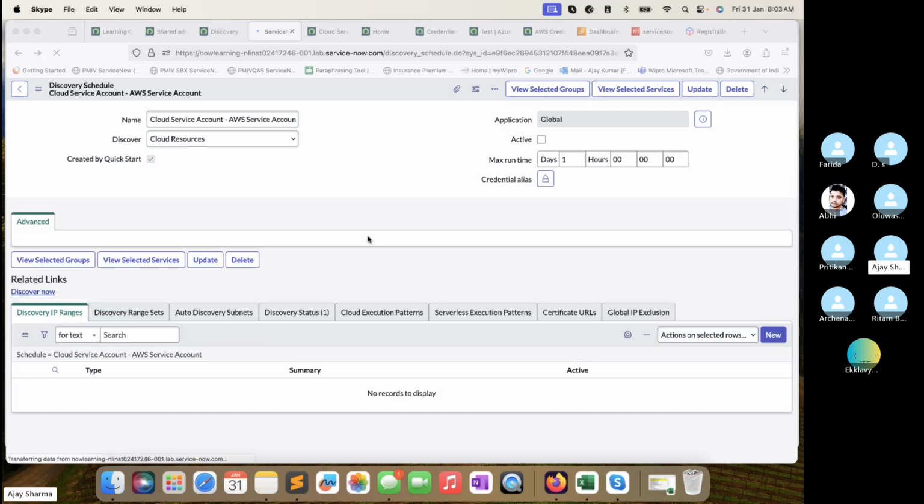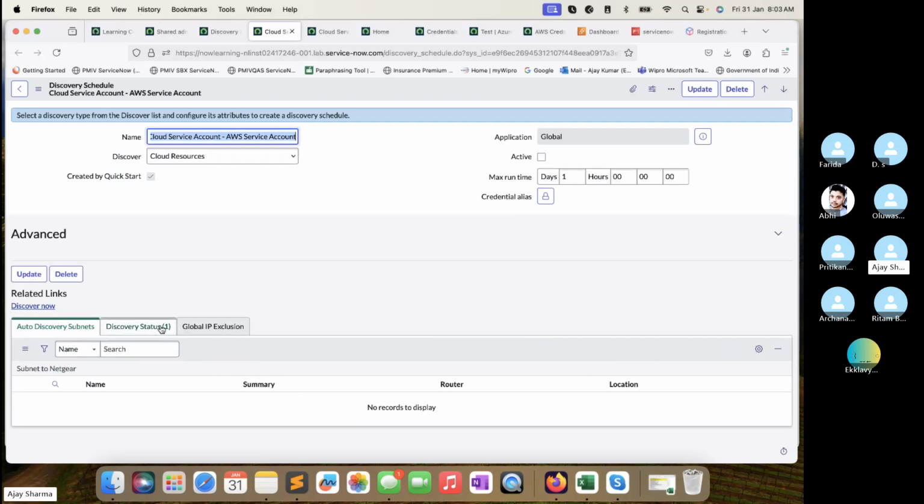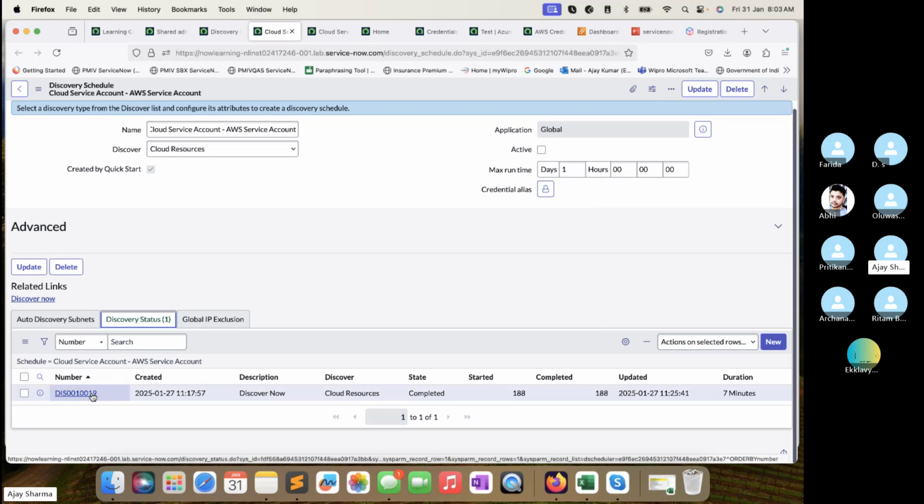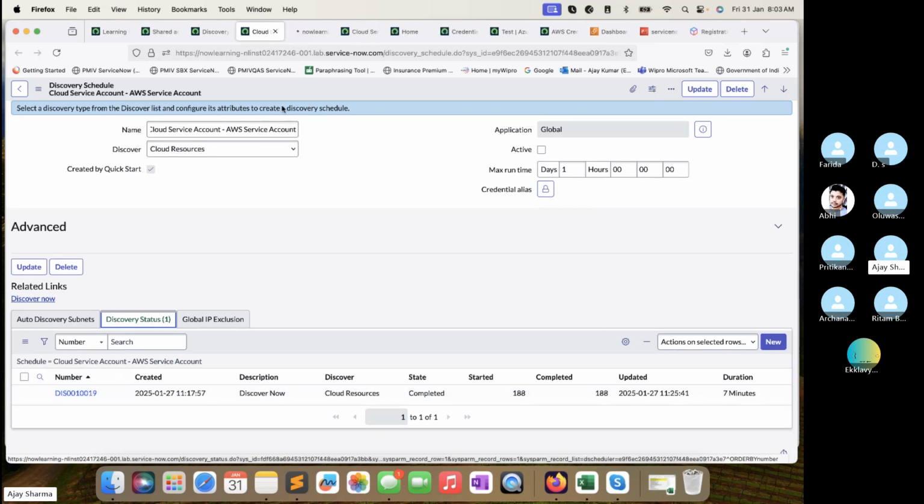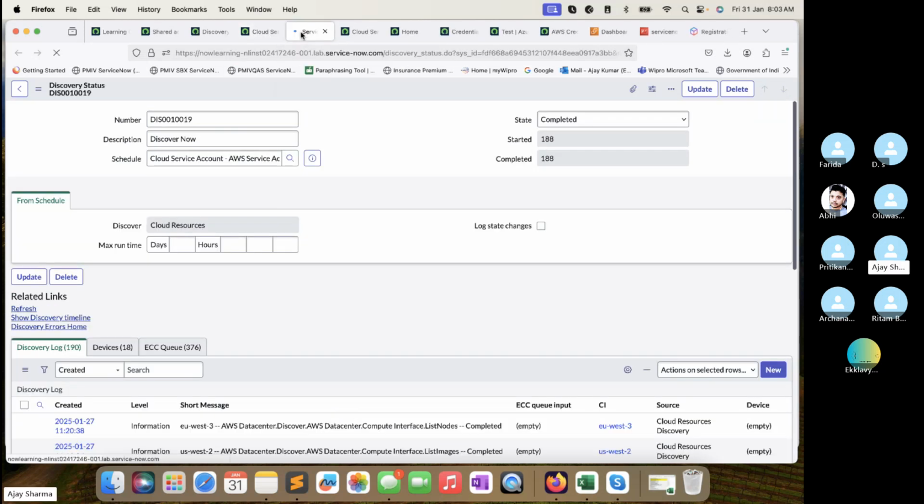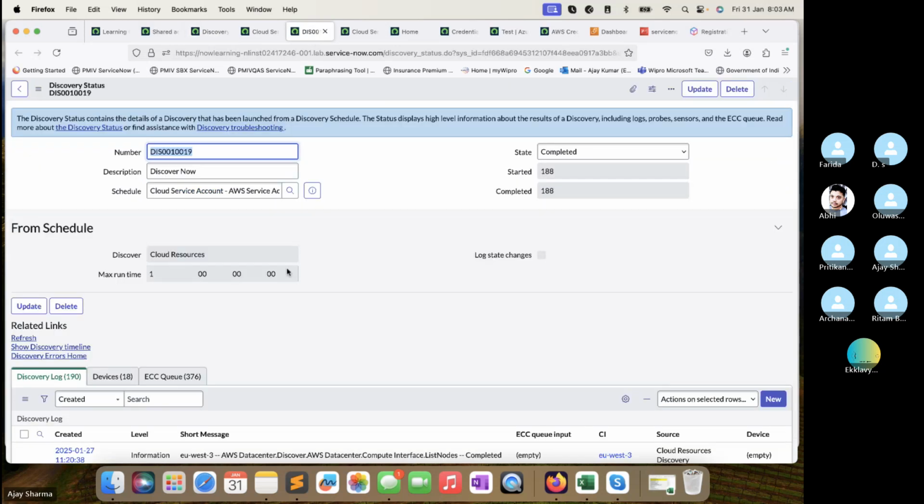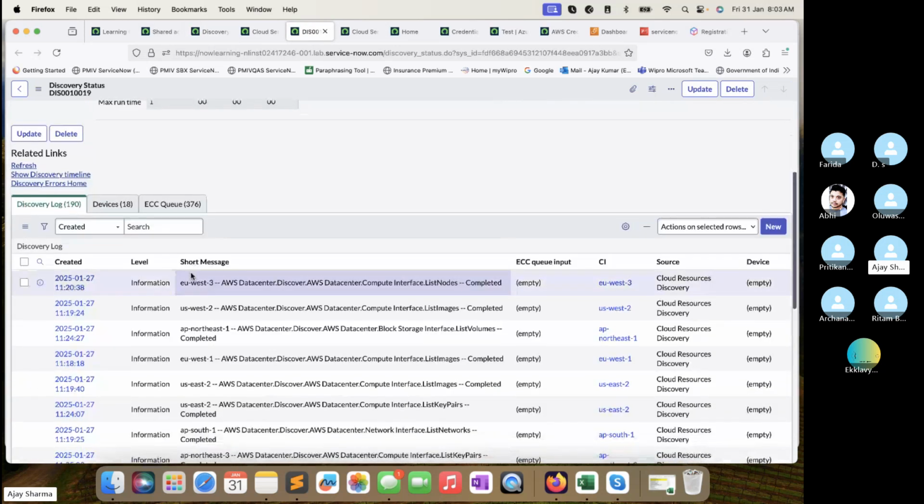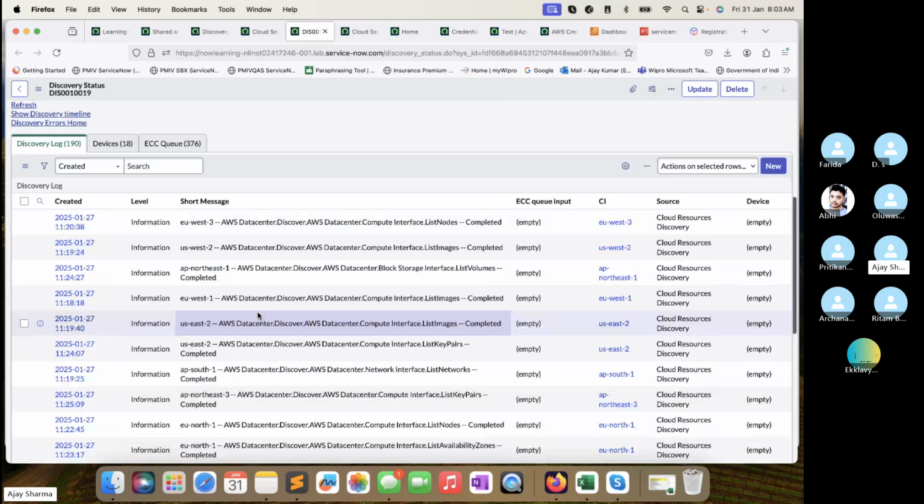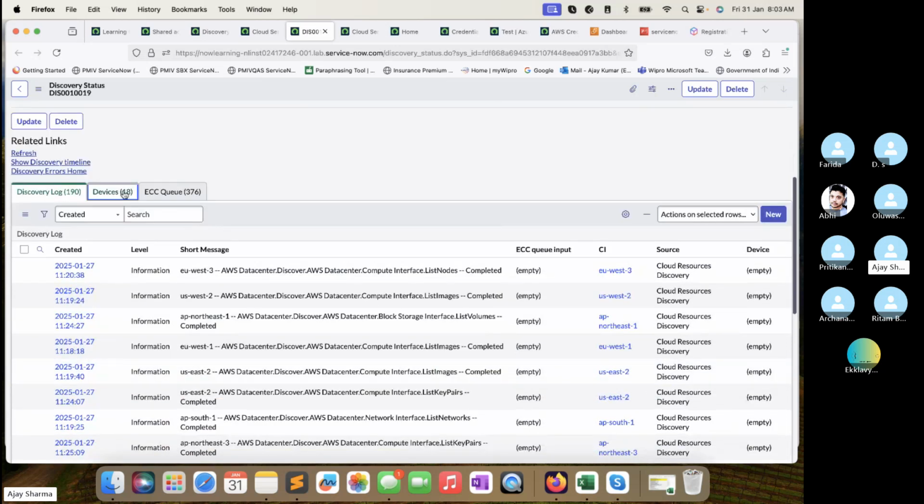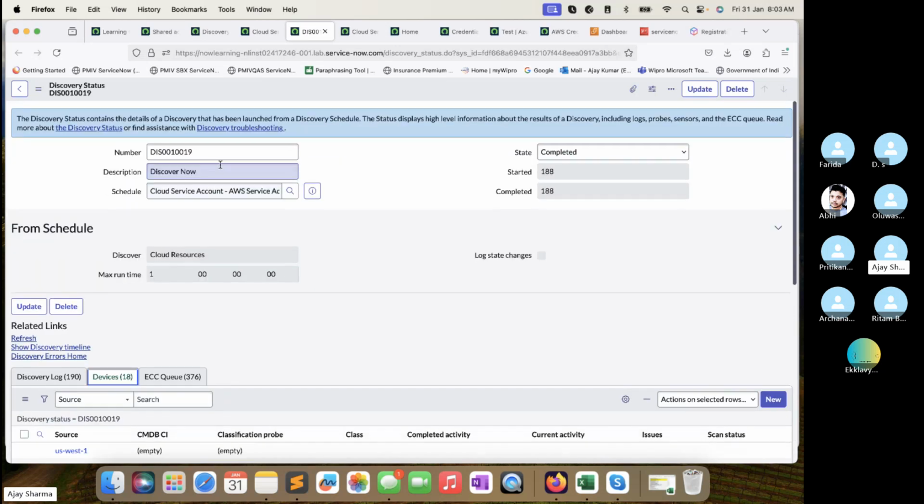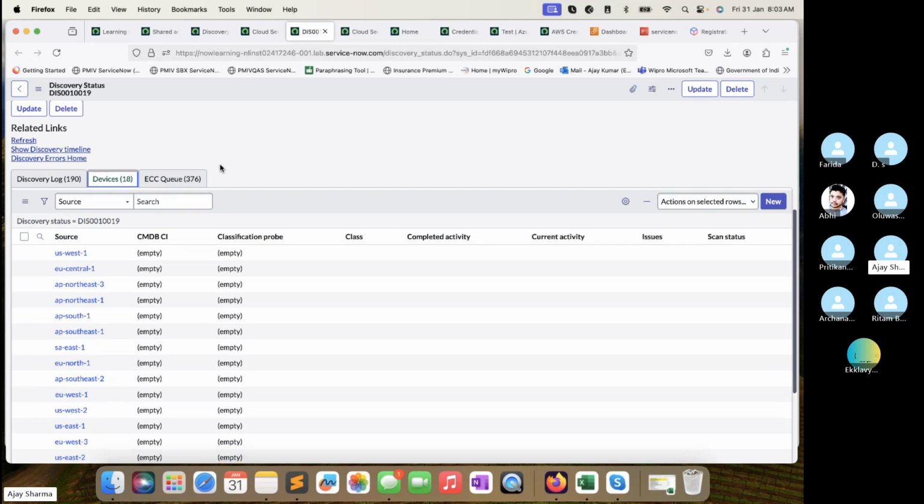If you see, one discovery status is I already triggered last time and that has been completed. If I quickly open this one, and okay, if you see data centers run, the triggers, the patterns and all devices discovered. So, the one thing here I just quickly mentioned to you guys,